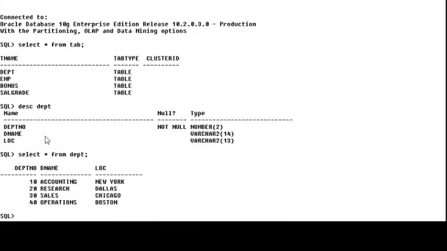Now hit enter. You get DEPTNO, DNAME, and LOC columns, which are described in the DESC command.